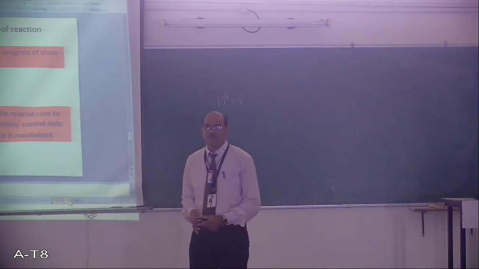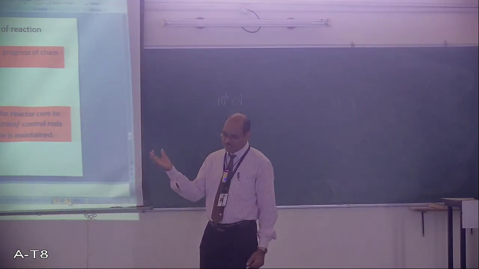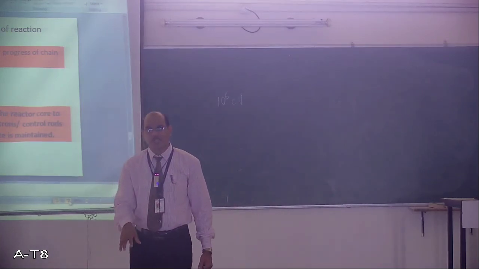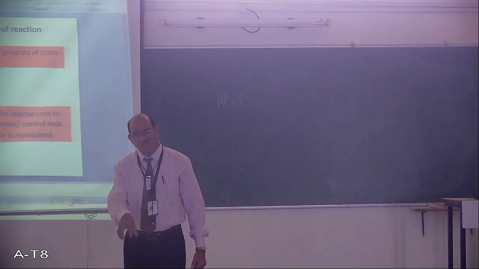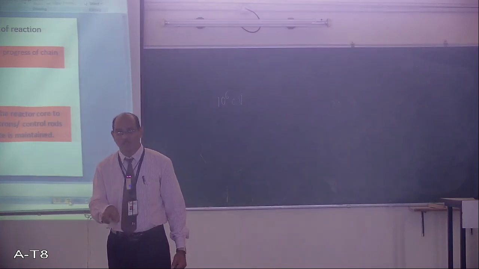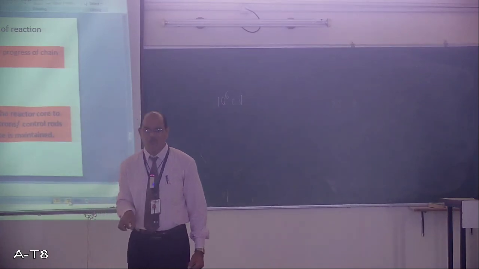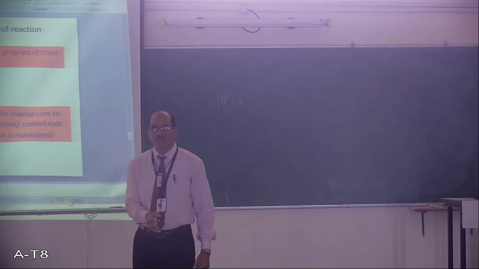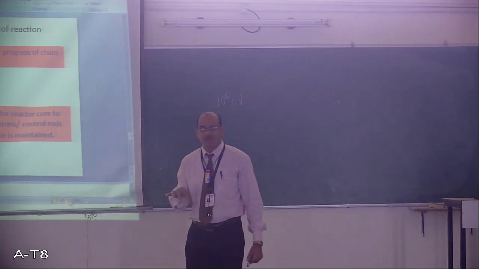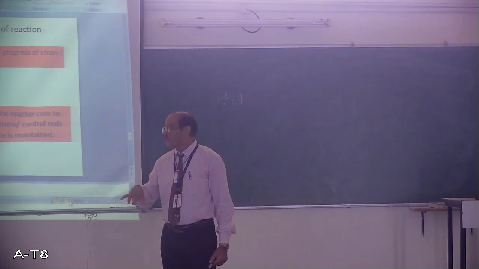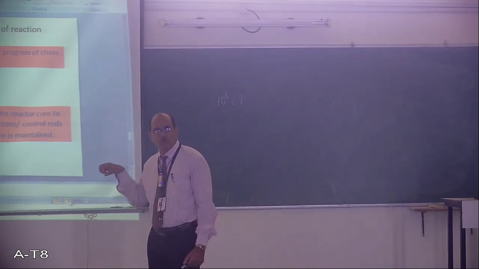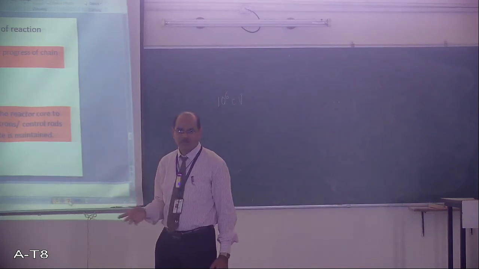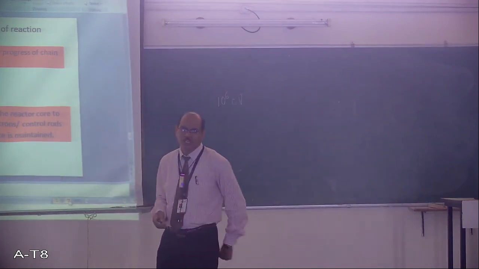That can be done by introducing extra rods inside the core region, so that the excess neutrons obtained will be absorbed. Okay, and that can be maintained till the normal rate of reaction is obtained. Immediately that control rod can be removed. Once it is removed, again the sustained reaction, that is the controlled reaction, will continue.